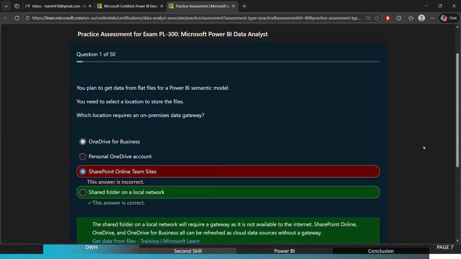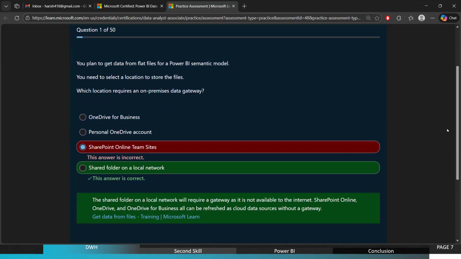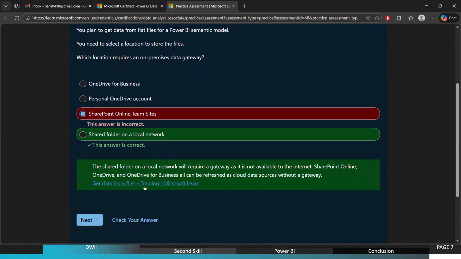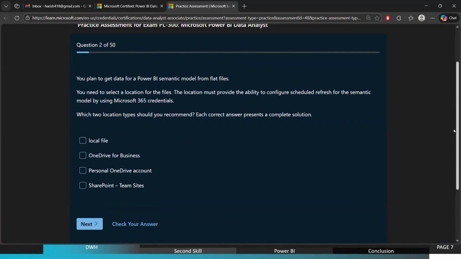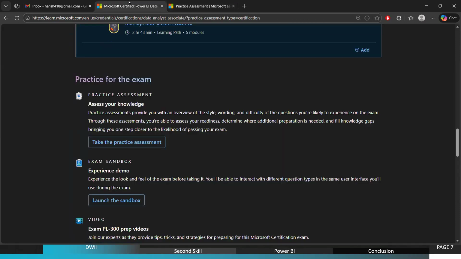So whenever you are doing these practice exams, check the answers, and that will give a clear, detailed explanation. If more details are needed, we can go to the links provided. Subsequently, the exam would be around 2 hours, covering 45 to 40 questions that would be objective type. The rest, 10 or 5, would be scenario based. They will give a scenario and multiple choices. And this costs around $165.